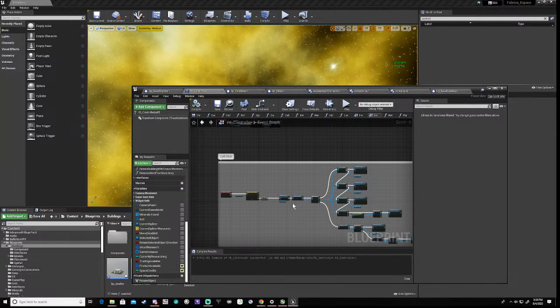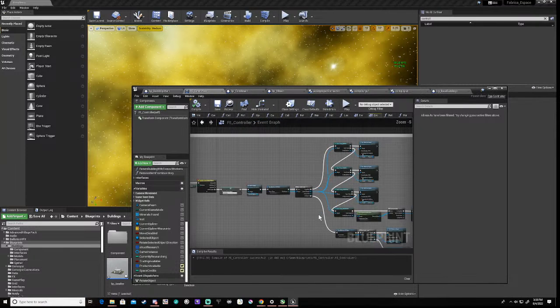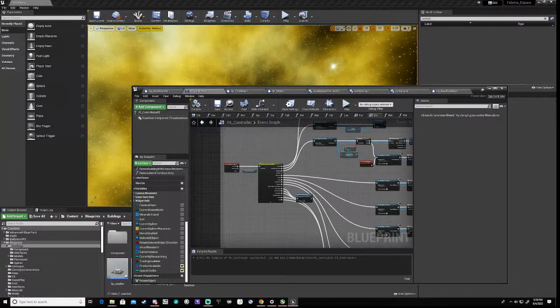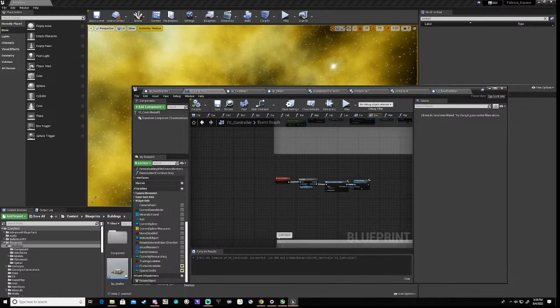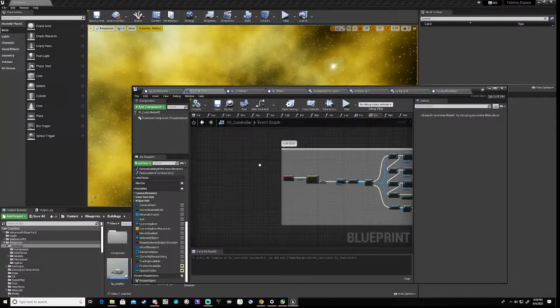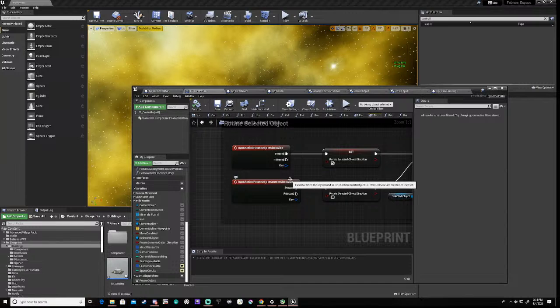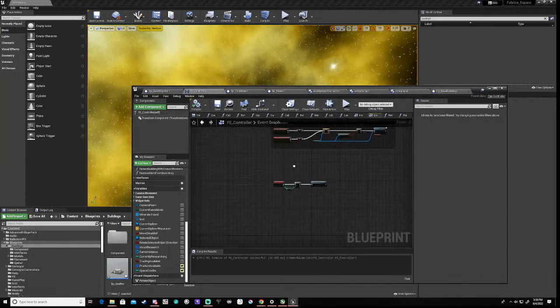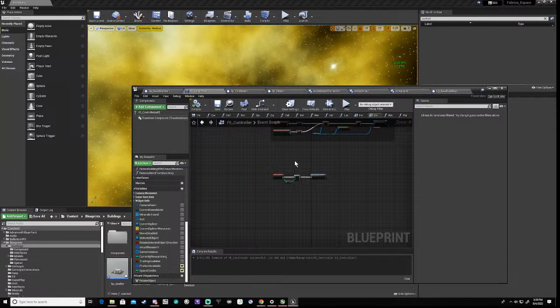And this is only if it's add to spline. Right, so we can basically forget that. Right. And that's the selected item. Right, so